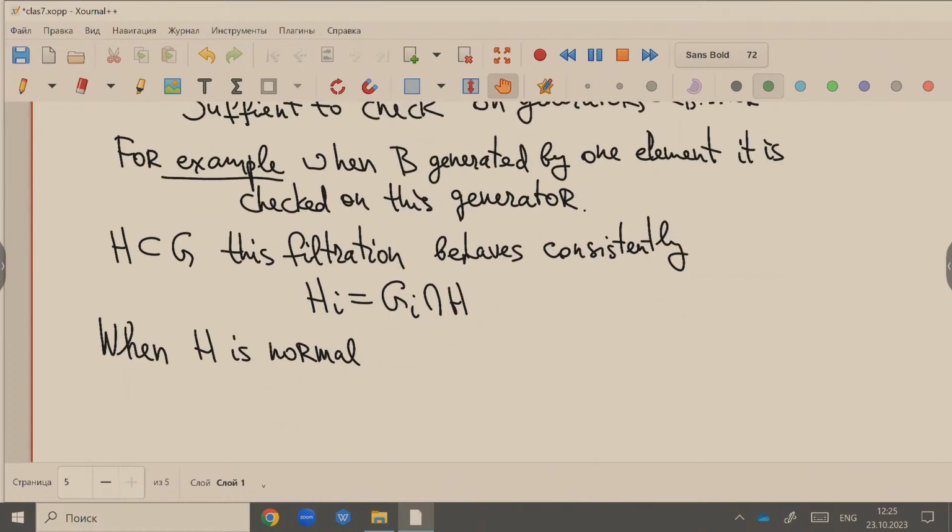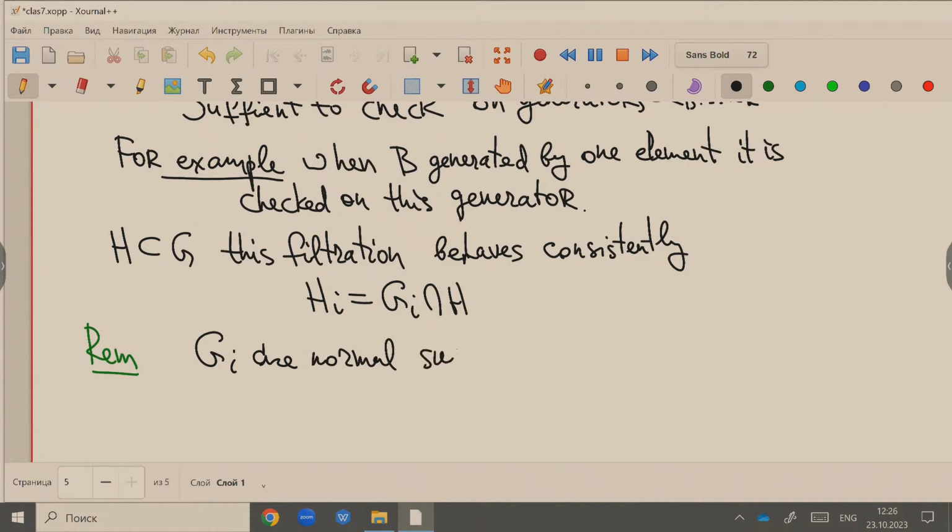Just a remark that if you look at it, the GIs are normal subgroups,